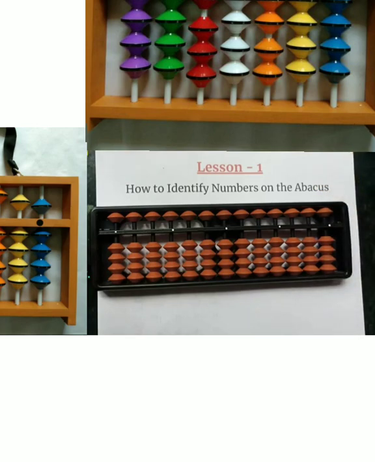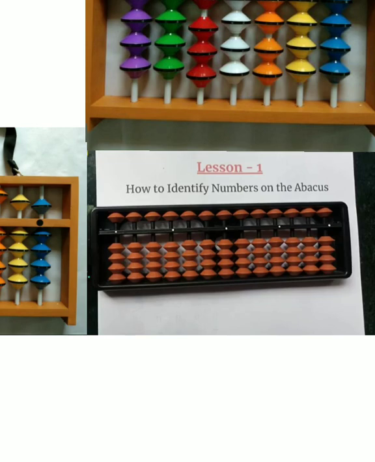In most cases, what we do is first we have to fix up a rod as our units place rod. We have 13 rods in all. Each rod represents a place value. So as we have numbers of 1 digit or 2 digit or 3 digit or larger numbers, there are place values in it, starting from units place, then tens place, then hundreds place, then thousands place, and so on. So let's fix up one rod as the units place.